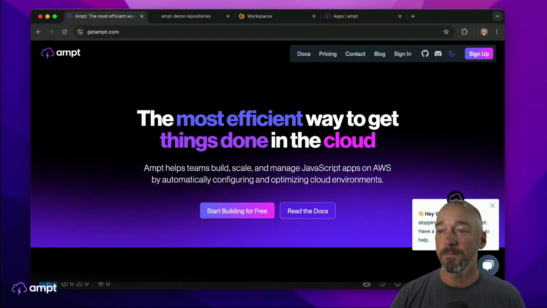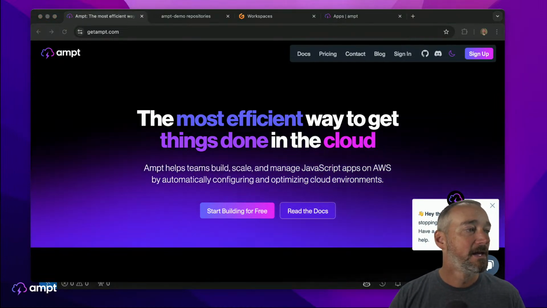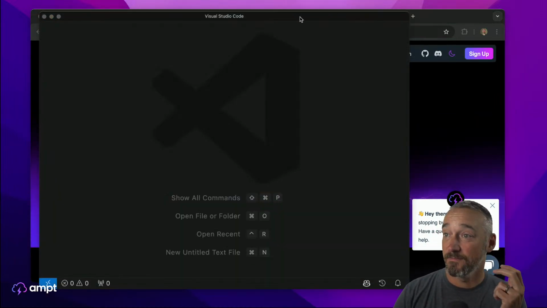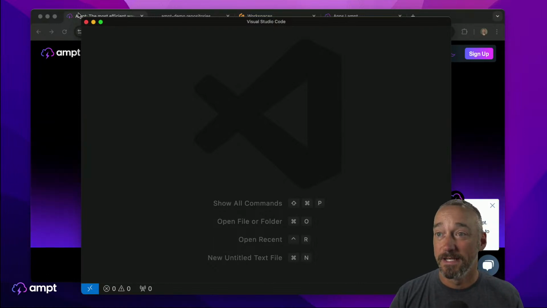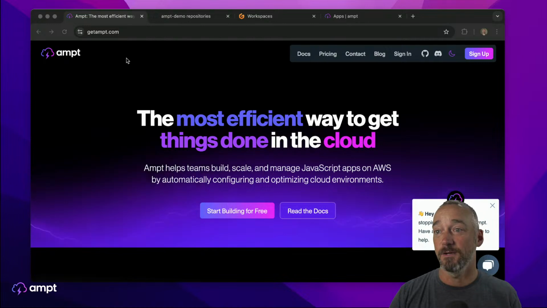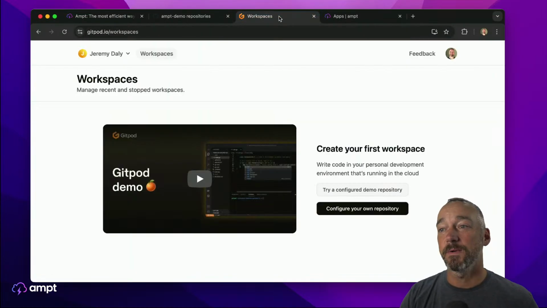Okay, so let me just do this. So I'm going to open, if I can find it here, Visual Studio Code. I always use this, and I'm going to close this. Closed. So we're not going to use that. Instead, what we're going to do is we're going to use